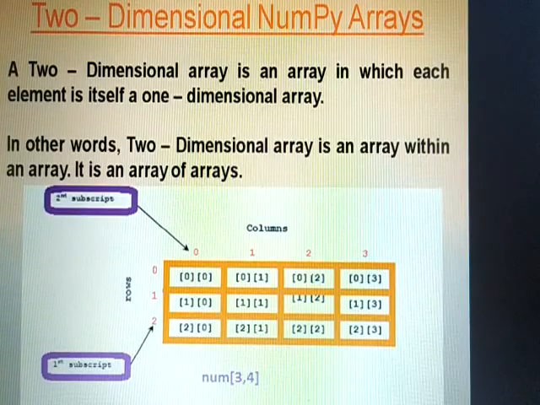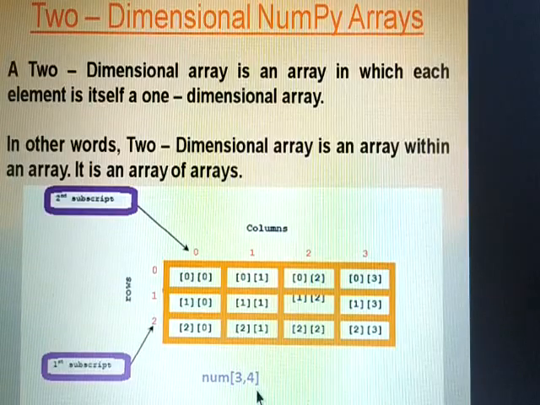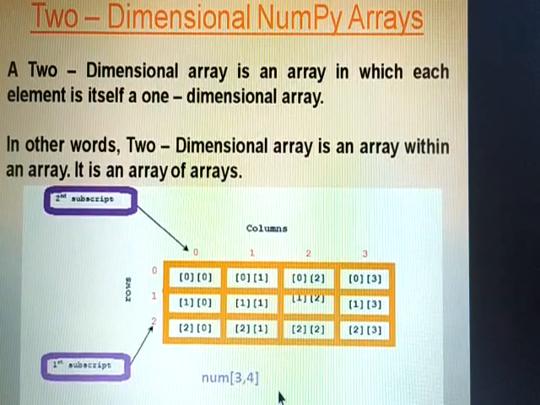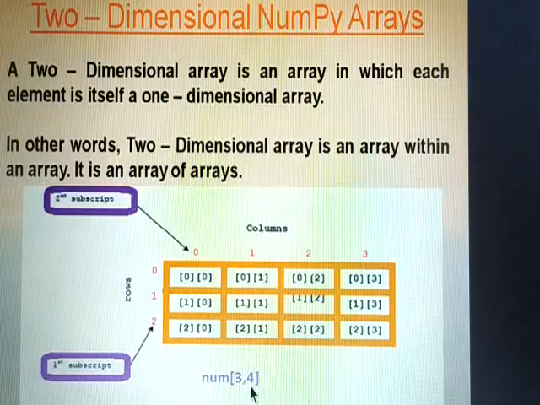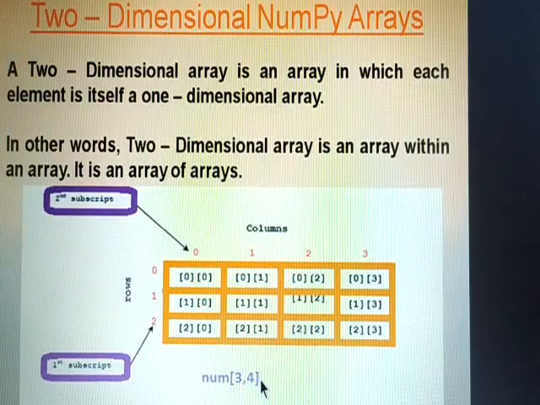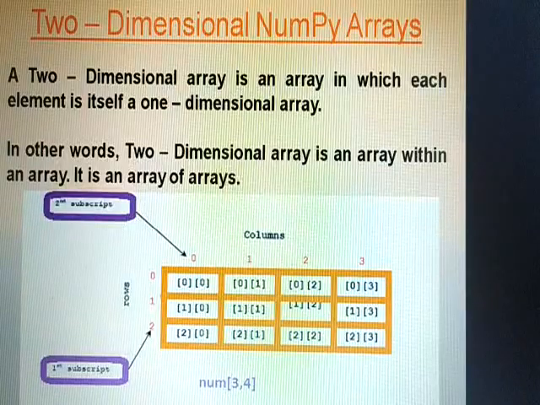For example, the number of elements in an array num[3][4] is calculated as 3 multiplied by 4, that is 12 elements. 3 is rows and 4 is the column. So the total elements of this two-dimensional array is 12. Now move to the next.